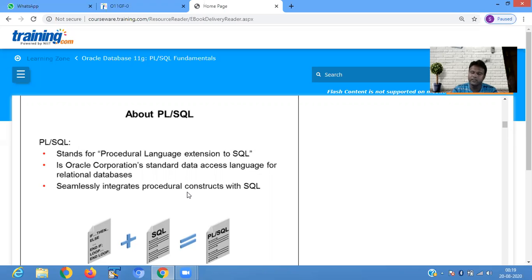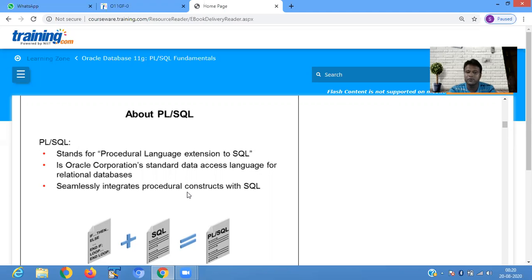It tells you what to do. It gives you the instruction that you have to retrieve the record from your database. But how you have to retrieve the data from the database, PLSQL gives you that kind of structure.